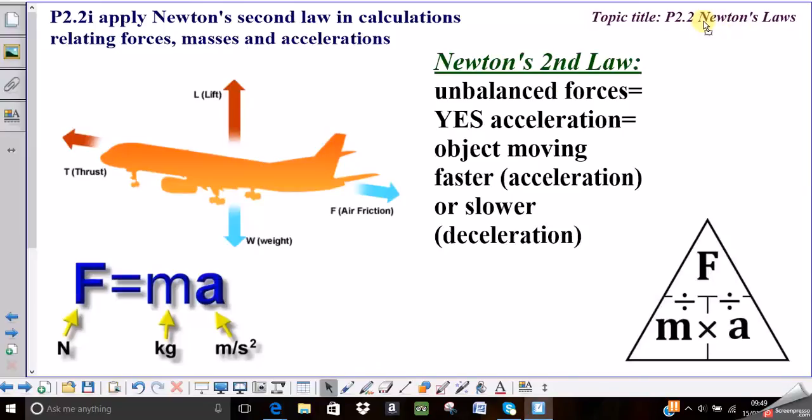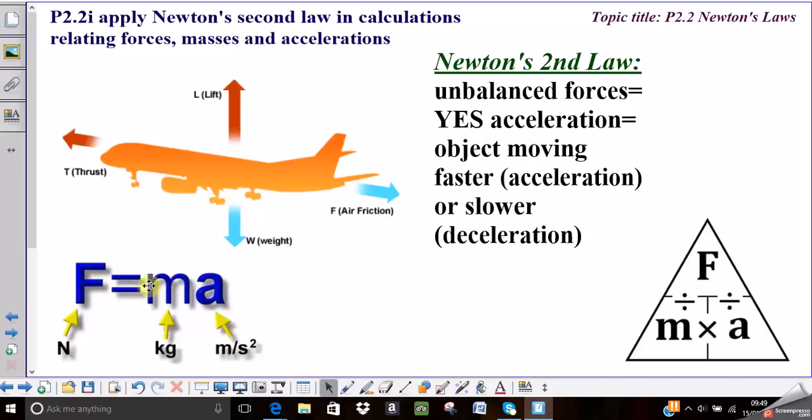Physics, Newton's laws, P22I, apply Newton's second law. So we're discussing the second law now in calculations relating forces, masses, and acceleration. So here we'll have, as the title states, a relationship between the force that is pushing or pulling an